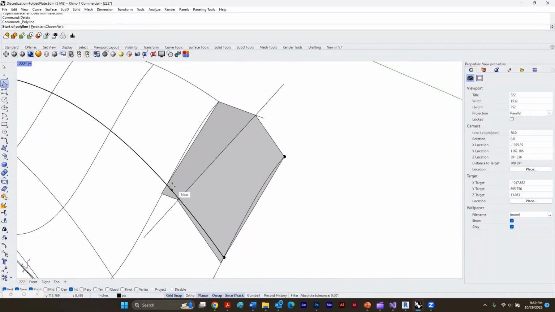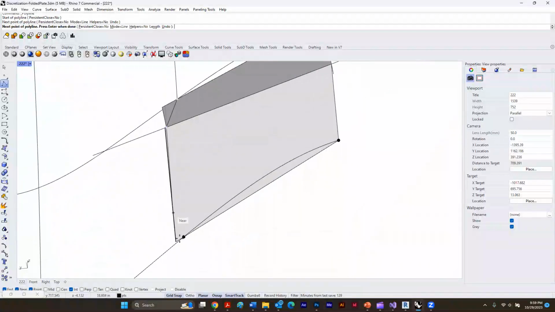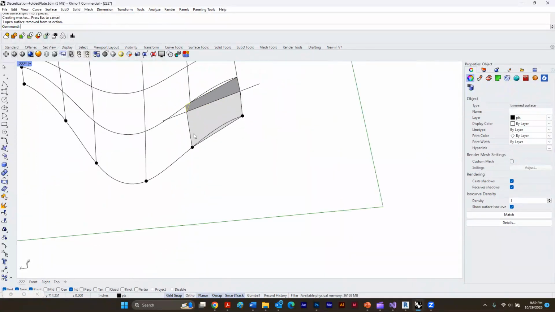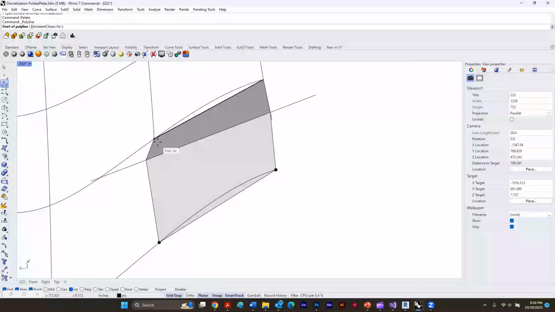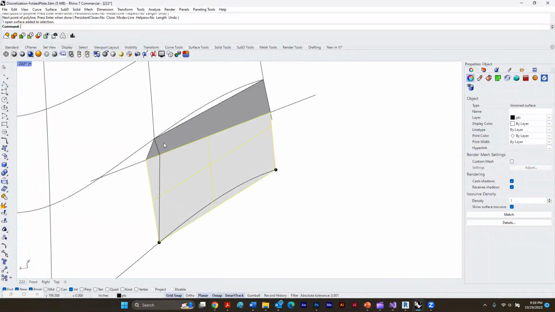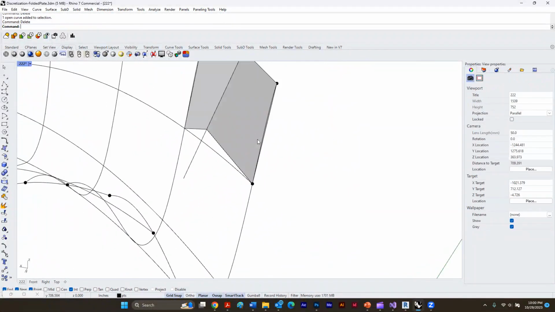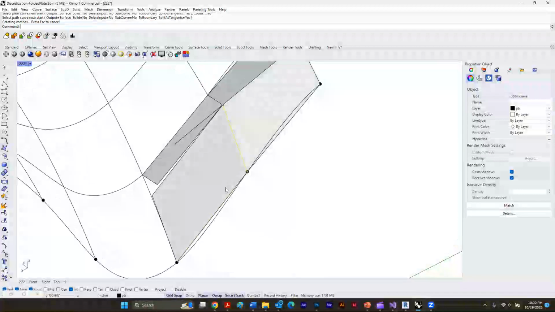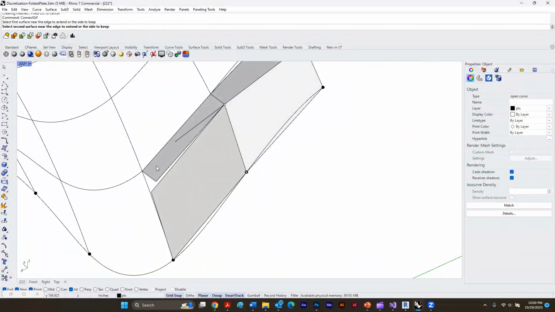I can trim them anywhere. I can trim them like that. Or I can trim them like that. And where they end determines the profile for the next cell. So I would draw another line like this and another line like this. Extrude this one along that, and this one along that. And I would intersect them